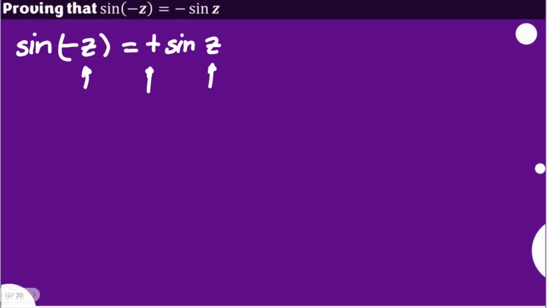If this were positive, meaning whichever angle you use, negative or positive, gives the same result, then that would be even. But in this case, it's considered to be odd. Now, looking back at our real number system, the identity for sine is similar: sine of negative theta is equal to the negative of sine theta, because sine in the real number system is still considered to be an odd function.